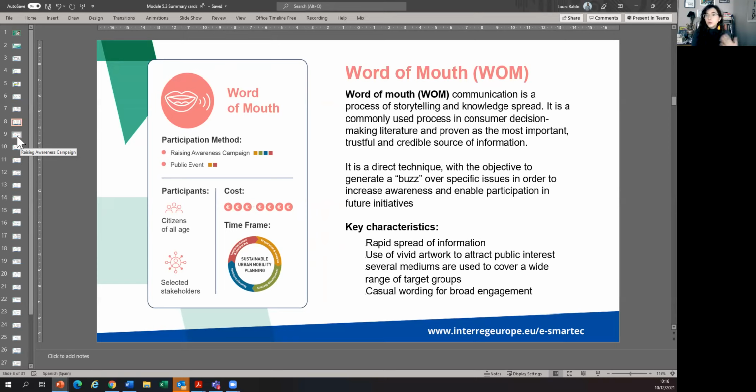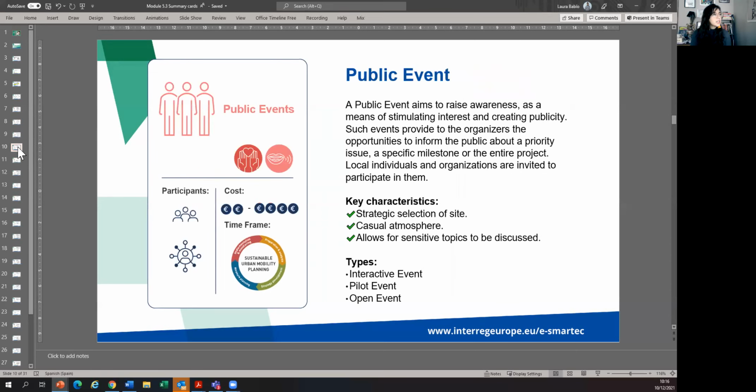So if you're going to do an event that lasts for a week, obviously it's not going to cost the same as if you just do a raising awareness campaign that is just some flyers sent out via letter. So what we are asking for is just for you to use a little bit of common sense of what represents the cheaper cost and what is the most expensive option. And this cost is associated both to the marketing techniques and to the engagement methods, but we are asking you to use the cost associated with engagement methods as your guiding cost in the exercise,